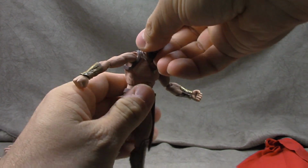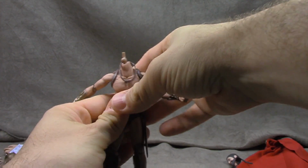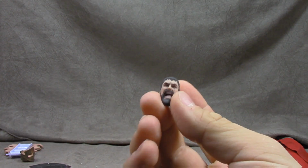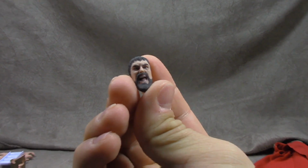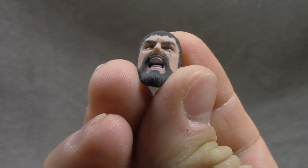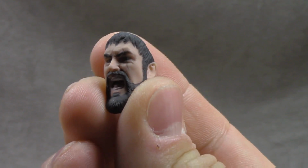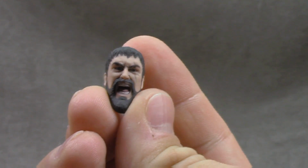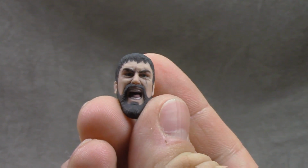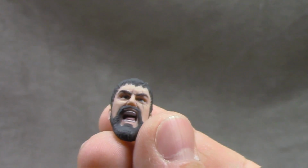And we're going to take the head off, and we're going to talk about the other head, and kind of how all this is done. So he has this other face sculpt, which I will not be using, because while I like these super animated face sculpts, I rarely use them. That's an extreme emotion. But it's all painted well, except I feel like his right eye is a little bit